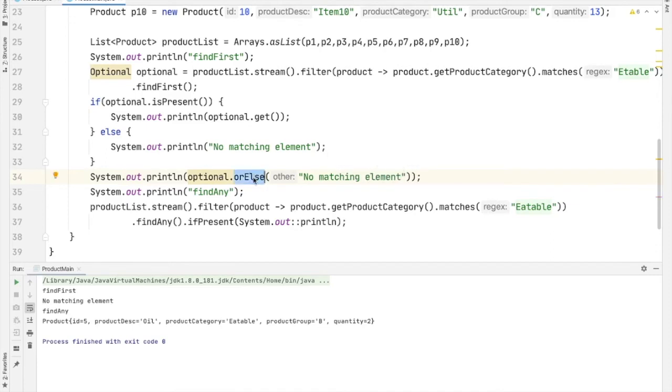The orElse method is used to return a default value, that is "no matching element", if the optional is empty. Otherwise, it will print the result. Let us run the code again.